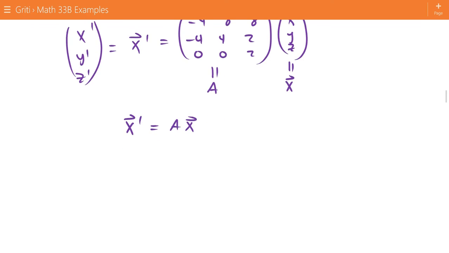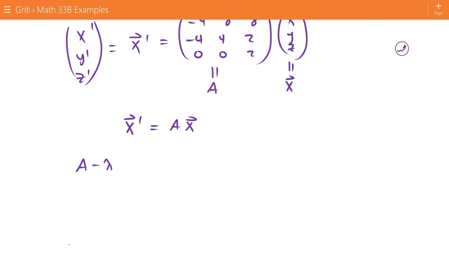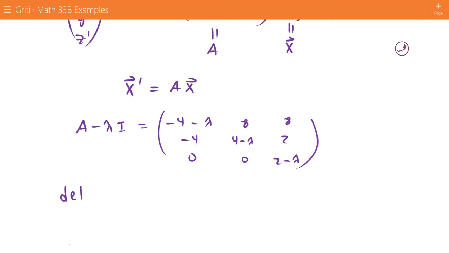And now we just look at the determinant of A minus lambda I to find our eigenvalues. So A minus lambda I equals negative 4 minus lambda, negative 4, 0. 8, 4 minus lambda, 0. And then 8, 2, and 2 minus lambda. And the determinant of this equals